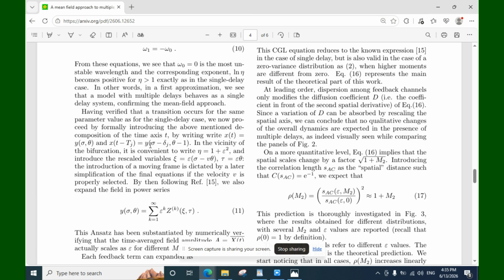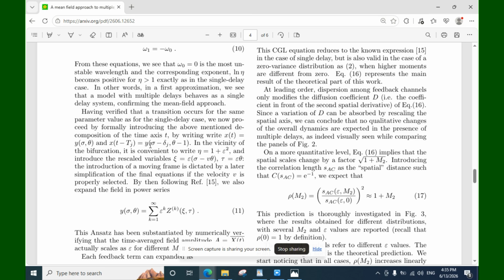Having verified that a transition occurs for the same parameter value as for the single delay case, we now proceed by formally introducing the above-mentioned decomposition of the time axis t by writing x(t) equal to y(sigma, delta) and x(t minus tj) equal to y(sigma minus delta j, theta minus y). In the vicinity of the